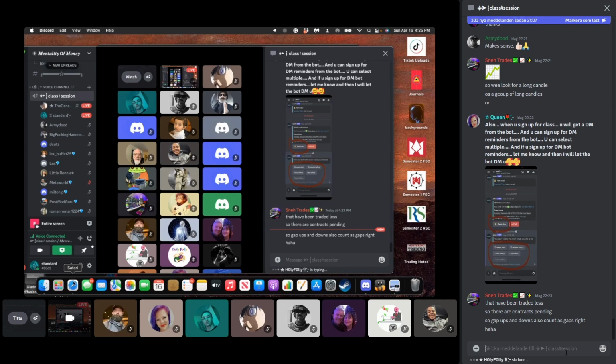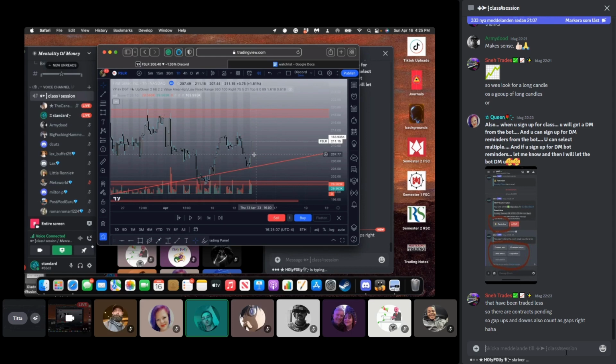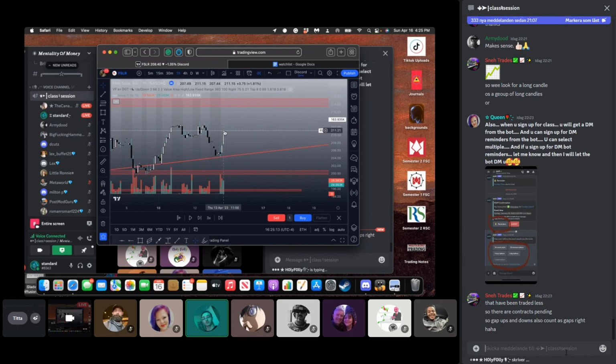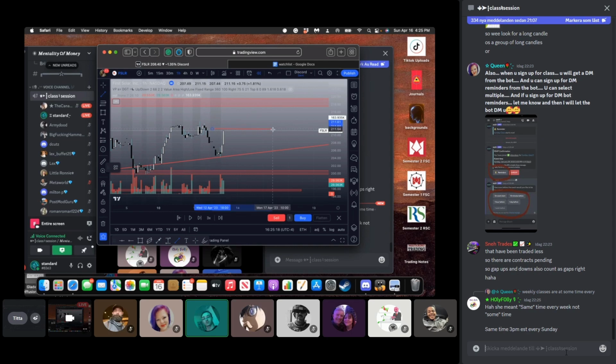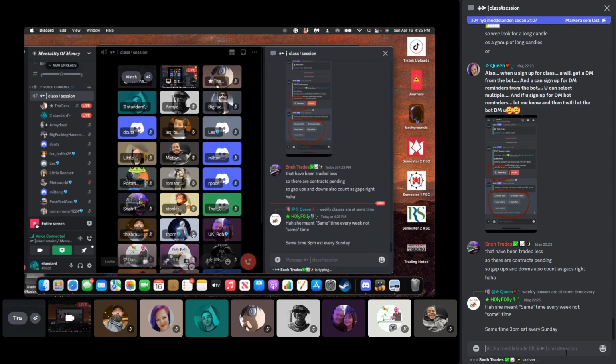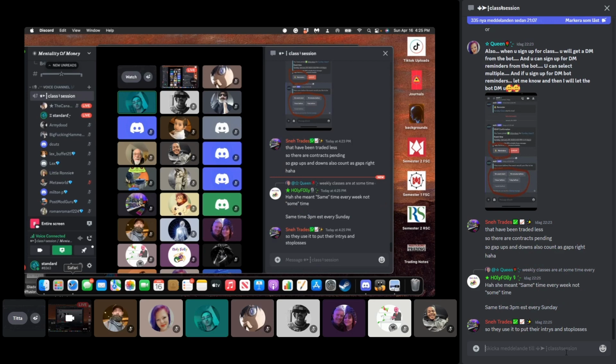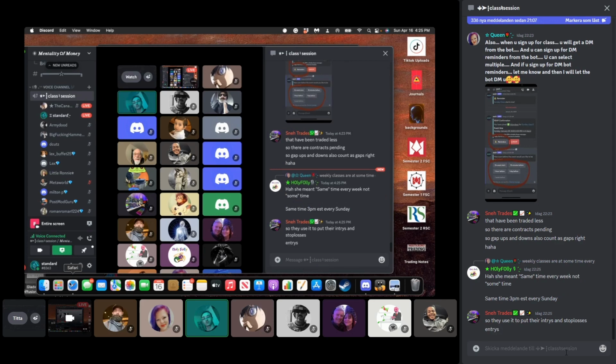Yeah, but I want you to understand, if you talk to somebody who does ICT, they're targeting these fair value gaps as areas to buy from. They're not targeting them as, say, if you enter a put here. What they're doing is entering at the fair value gap. They're buying calls right here. That's how they run it. So they run it a little bit opposite. I personally like to target fair value gaps. They use them as entries. I use them as targets, but that's because